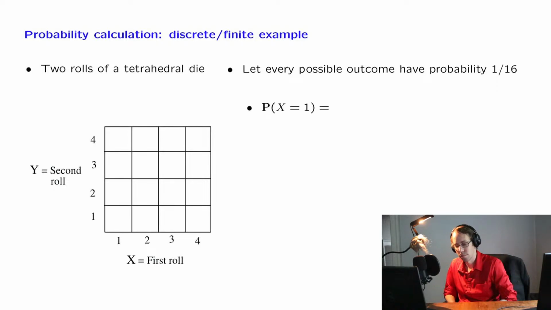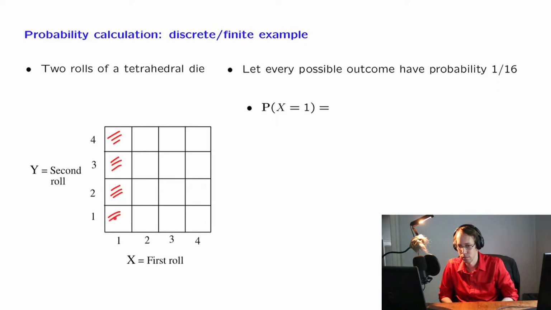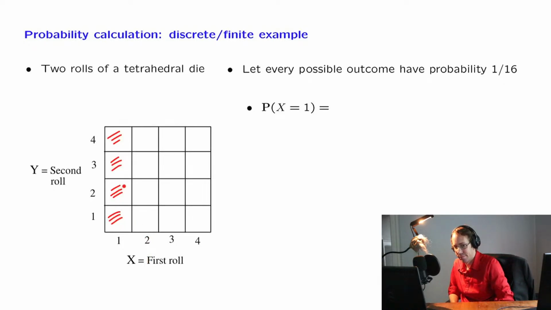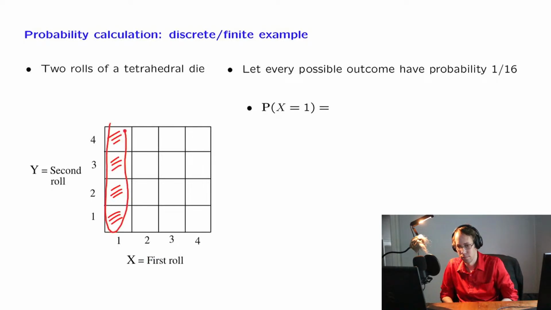Let us look first at the probability that x, which stands for the result of the first roll, is equal to 1. The way to calculate this probability is to identify what exactly that event is in our picture of the sample space and then calculate. The event that x is equal to 1 can happen in 4 different ways that correspond to these 4 particular outcomes. Each one of these outcomes has a probability of 1 over 16. The probability of this event is the